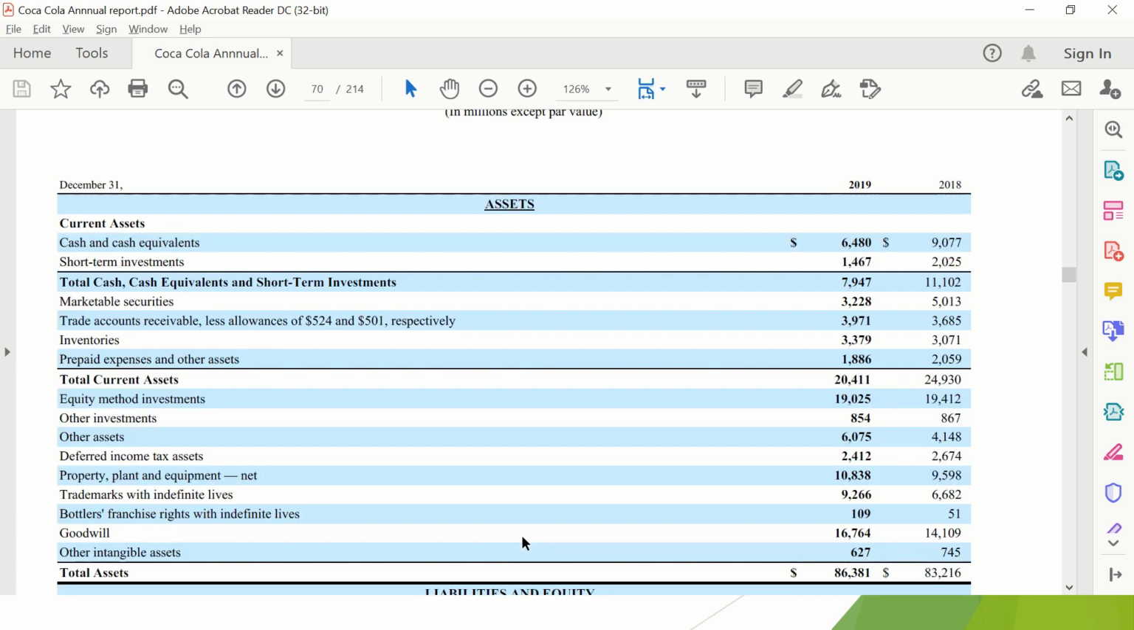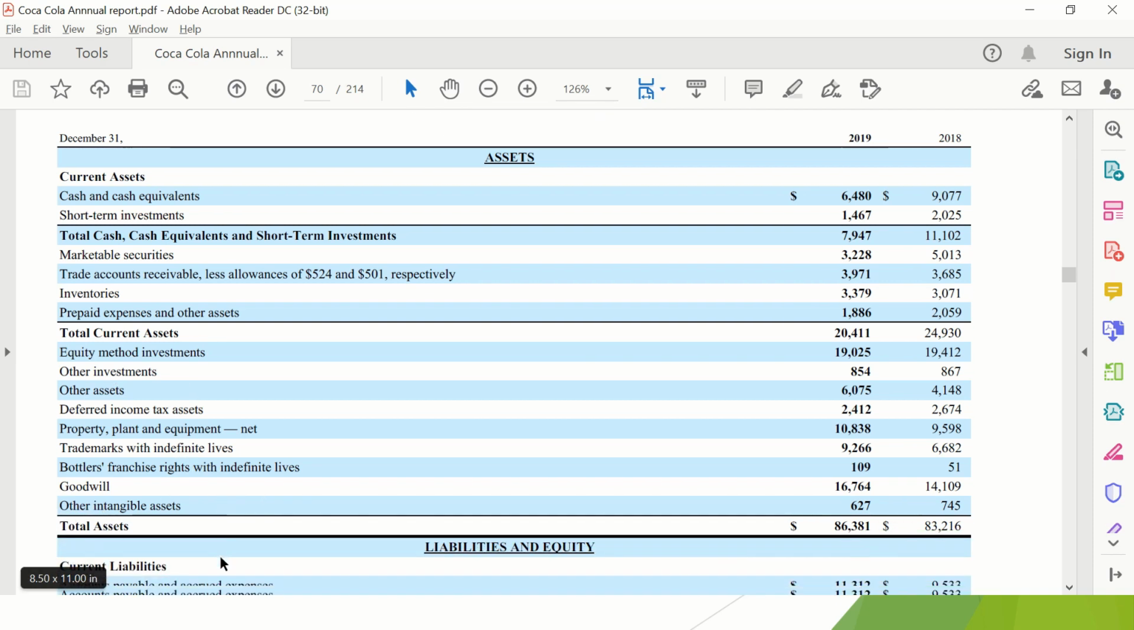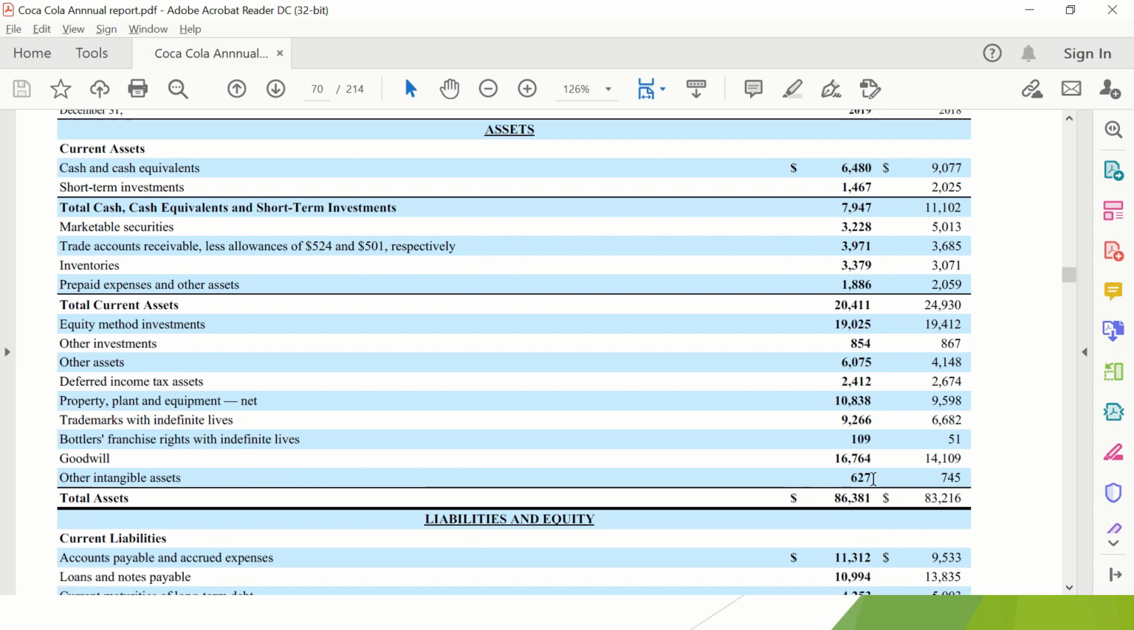Then he has given the balance sheet statement, in which he has given current assets, which is assets which are realizable in the next 1 year. Then he has given total of the current assets. Then he has given non-current assets like fixed assets, property, plant and equipment, deferred income tax assets, investments in equity, other investments, goodwill, everything he has given. Total assets that owned by Coca-Cola company is 86,381